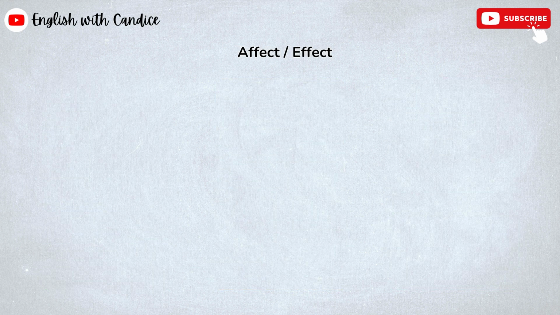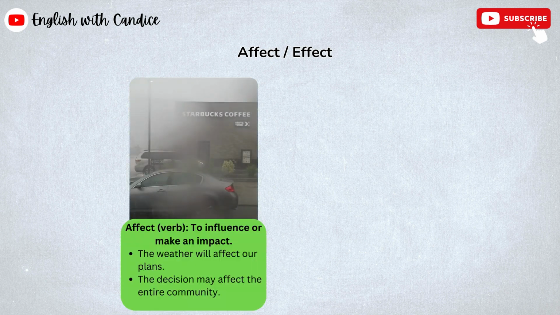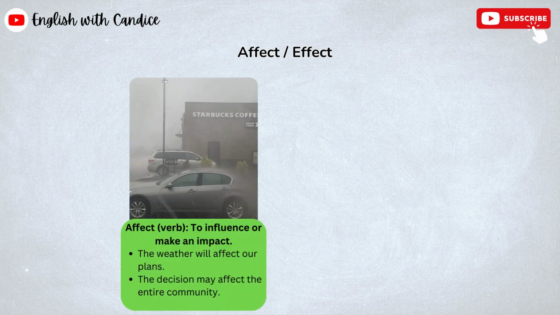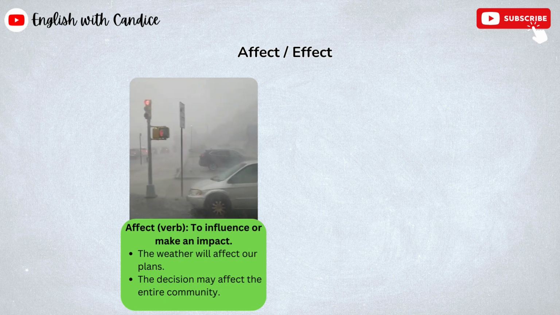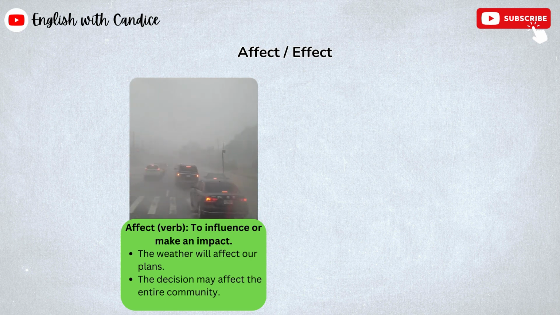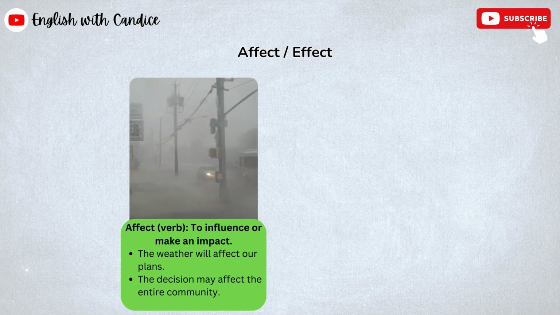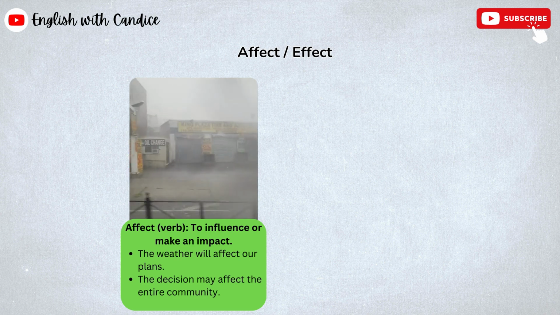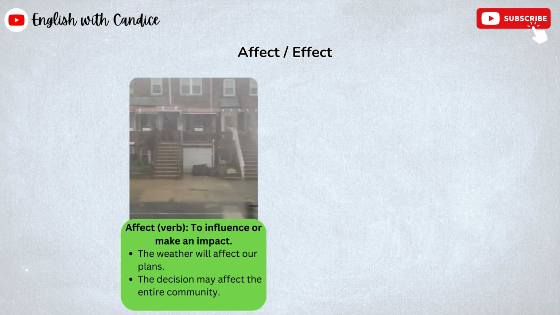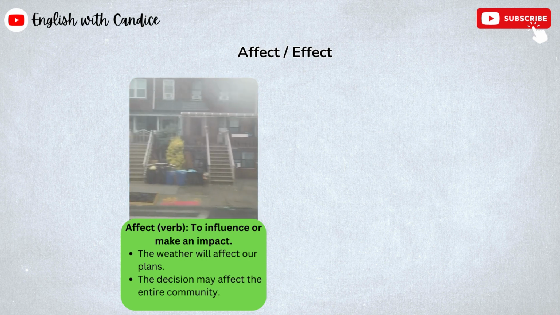Let's have a look at how to use the word affect. The word affect, spelled A-F-F-E-C-T, is a verb, which means to influence or make an impact. This is very important. Remember, affect, starting with an A, is a verb. So what we could say in a sentence is the weather will affect our plans, or the decision may affect